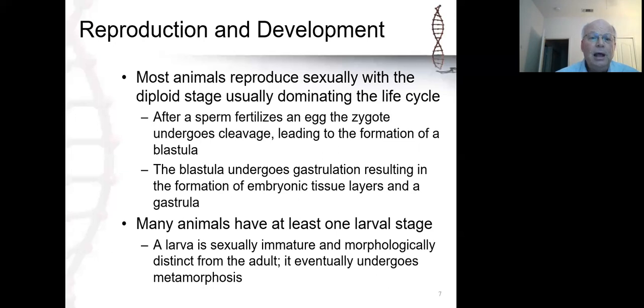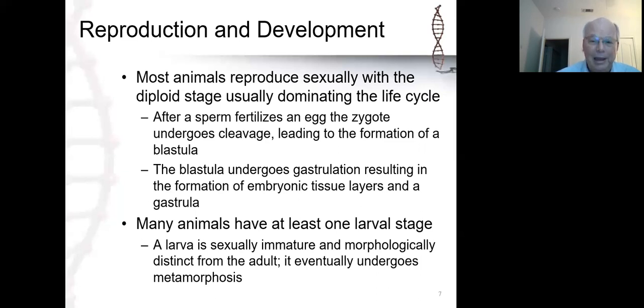You may pass through a larval stage, and eventually that larval stage will undergo further development, out of which will emerge the adult. In some cases, it'll go through some form of metamorphosis, as you'll see when we talk about the invertebrates in chapter 33. There are 2 basic types of metamorphosis. There is incomplete metamorphosis, where the larval stage has a similar appearance to the adult, and as it goes through a sequence of metamorphic steps, it takes on an appearance that means that it looks more and more like the adult.